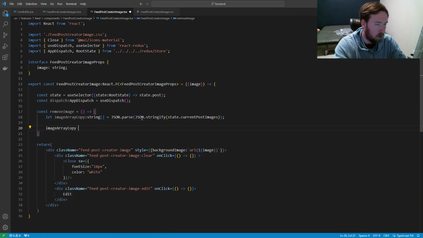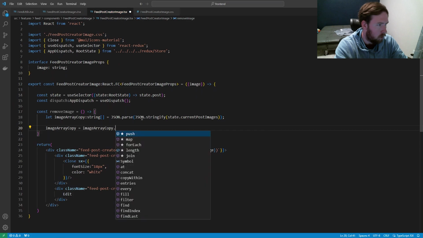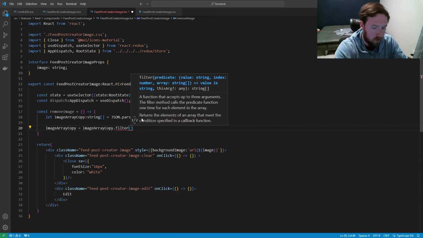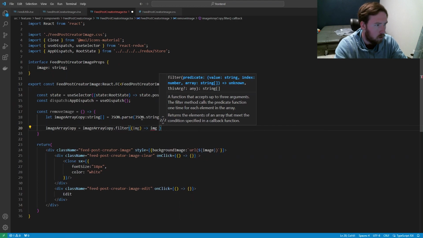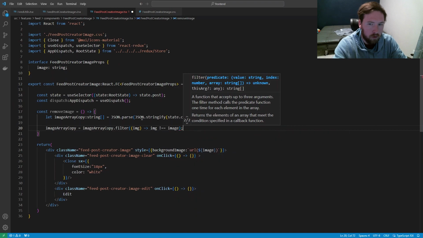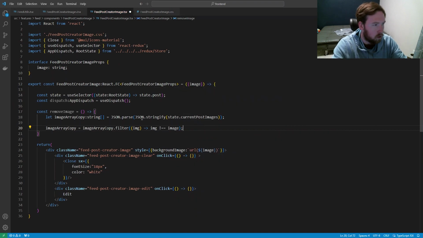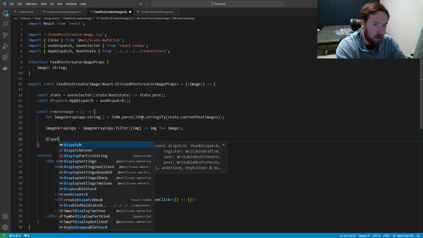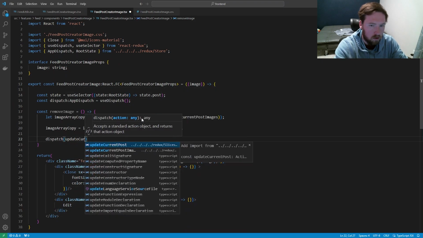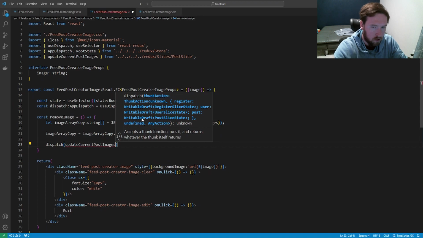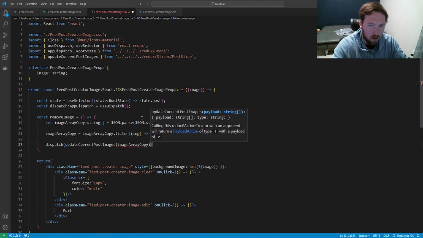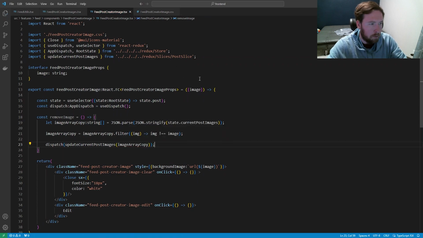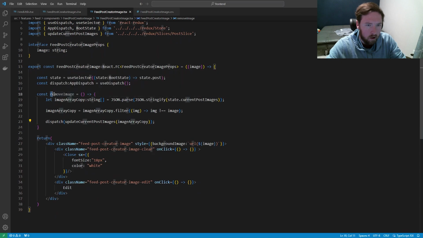As the image array copy is equal to image array copy dot filter. And we're going to take in the image. And we're going to spit out image not equal to image. So we only want to return the images that are not equal to the current image that we have passed in. And then we will dispatch in update current post images with this image array copy. So we're going to basically return all the images but the one that we clicked on. So now if we go ahead and copy this remove image and paste it into the on click